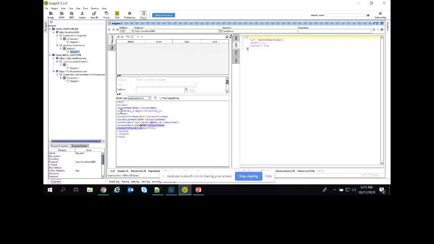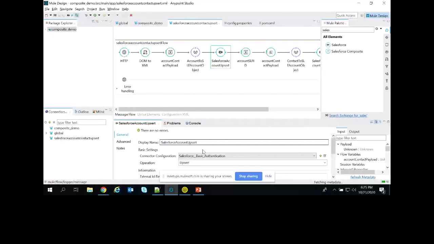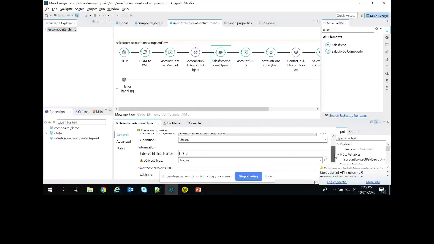We're using the simple Salesforce connector that we have in Mule. I created the transformation for the account, and then I am upserting the Salesforce account using the basic authentication. I have defined the EID.